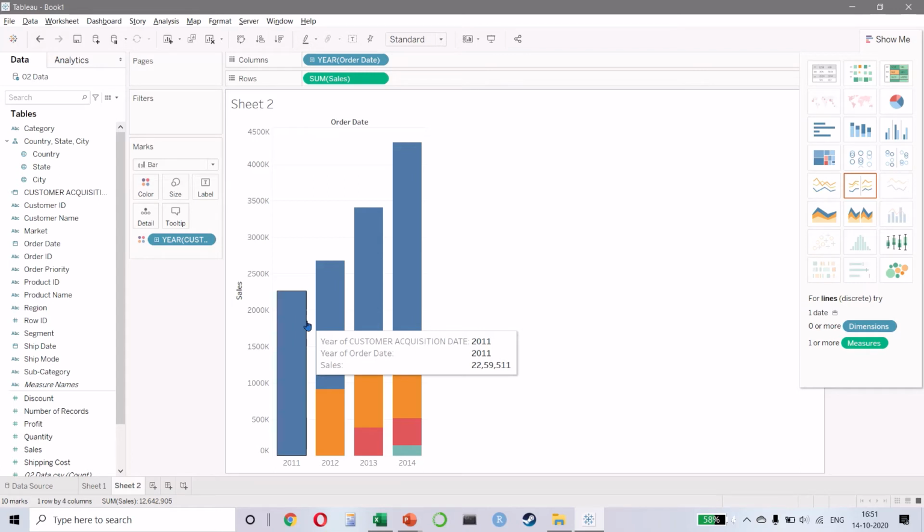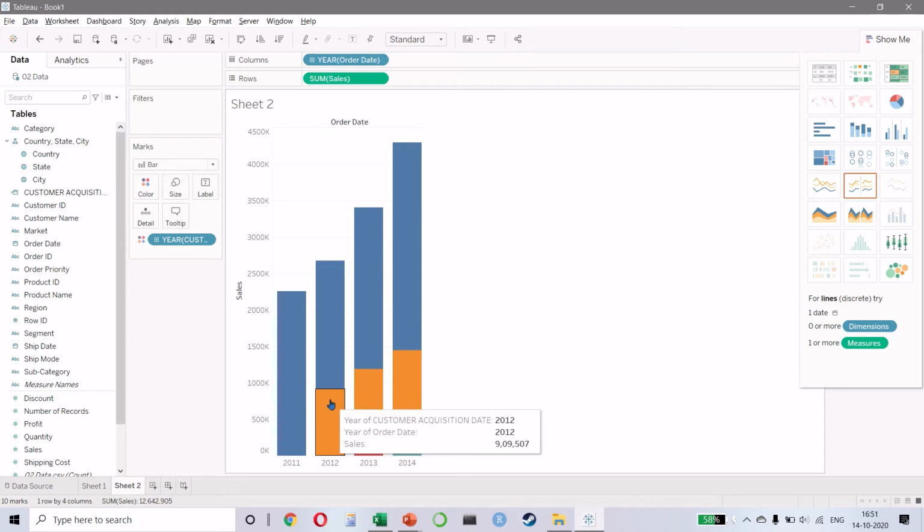So let's understand what is happening. It is telling us that in 2011, the total sale is 2,259,511. All right. And if we look at 2012, the sale is split between 1,767,986 and 909,507.